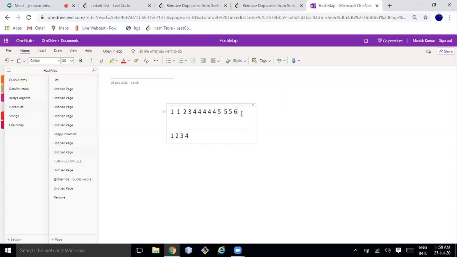Other than that, how can you think of this problem? Any other way? Another way is also there. You keep on creating nodes. Okay, keep on creating nodes. First you created a node, okay, 1 was there. Then here you keep on traversing it. If the created node is equal to the new node, then you don't add. Otherwise, if any distinct node is coming, you keep on adding to that node. That's it. There is another way also, and I think the complexity would be almost the same.